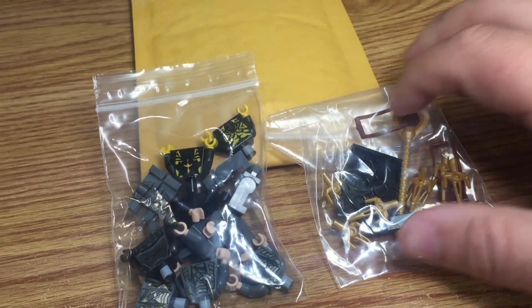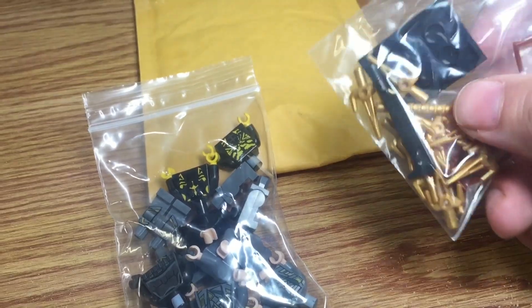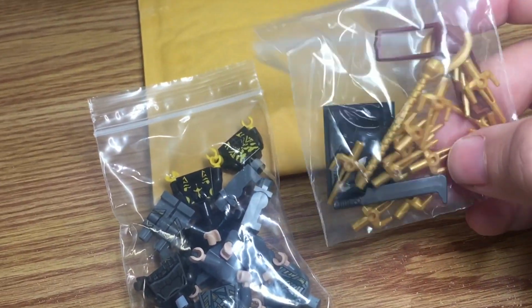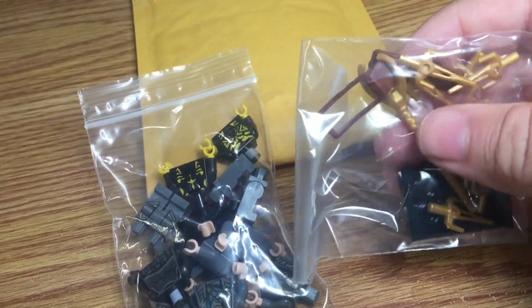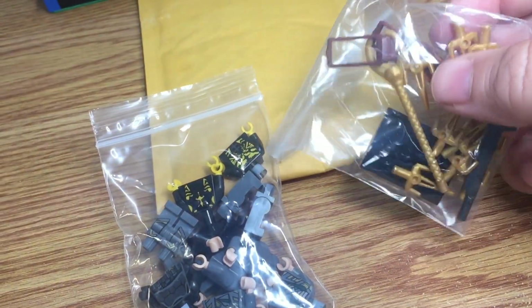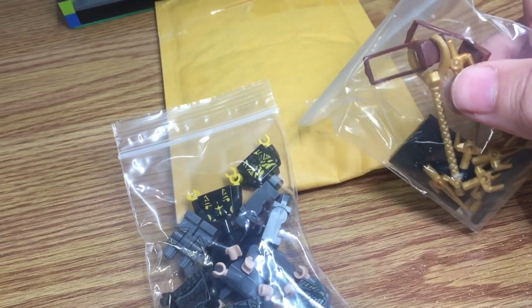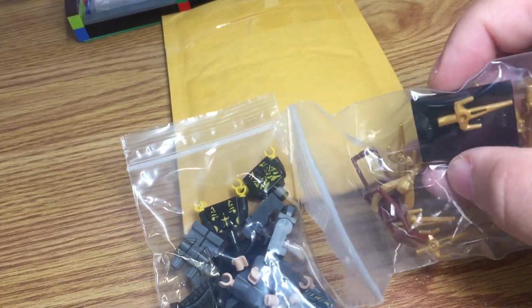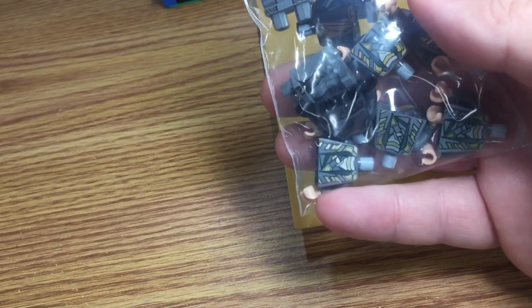Got another piece of mail in today, and lots of things for Loki. Stocked up on these, I don't even know what they're called. Raphael uses them in Teenage Mutant Ninja Turtles, but they go on the end of the staff here. And so this staff is the accessory for Loki. I've got a couple more satchels for Indiana Jones, a base plate for collectible minifigures, and then a bunch of Loki